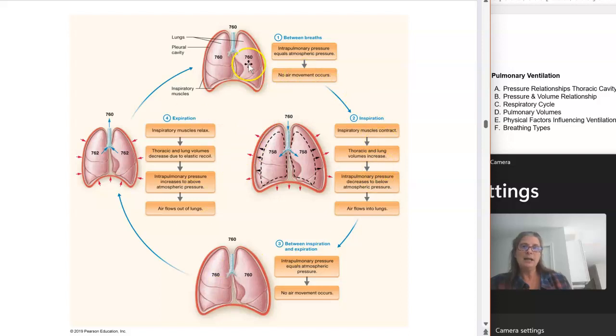So here's your breathing cycle. We know our inspiration, right? The diaphragm is going to contract. The volume is going to increase. The pressure falls. Air flows in. And you have a pause. That pause, where there's no air movement, is brief, but we're at equilibrium. Then when the diaphragm relaxes and the lungs recoil, the pressure goes up, air flows out, and there's a pause